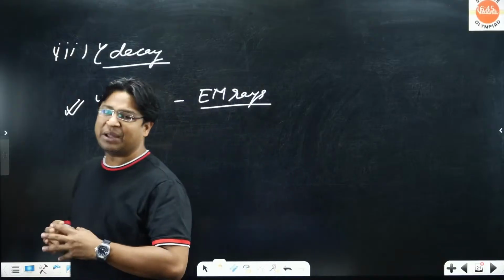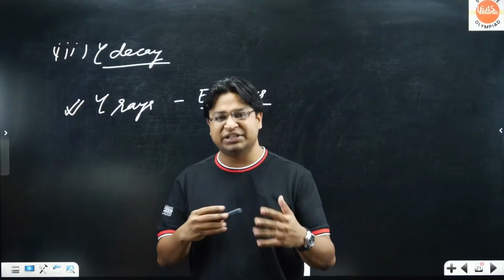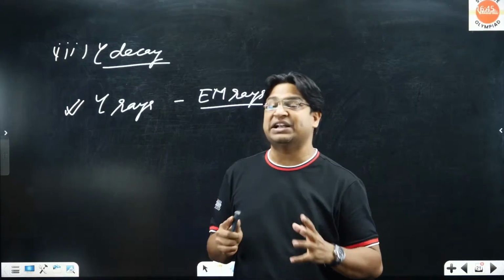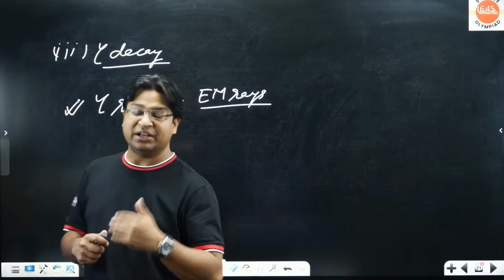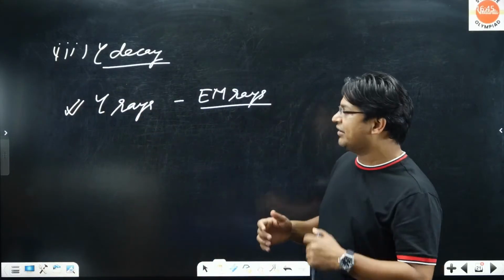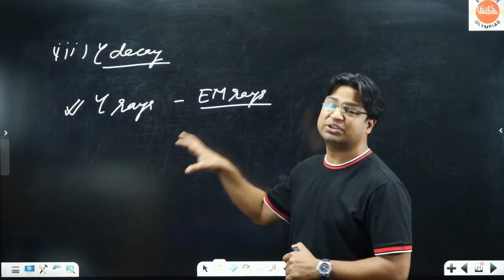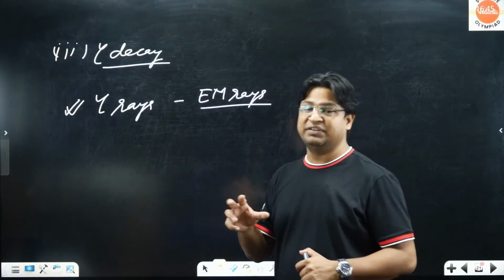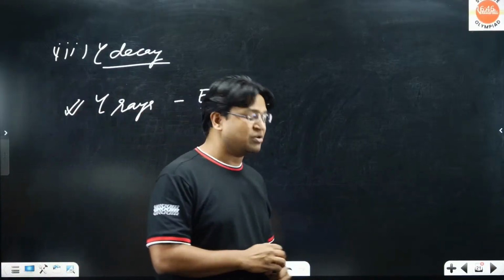Generally, when alpha and beta decay happen, or when any kind of decay happens, the product that we get is many times in a very excited state. It has more energy as compared to what it should have in its ground state. So it gives out that energy in the form of radiation, and that radiation is called gamma rays. These are highly energetic, their energy is more than X-rays also. Their energy ranges from keV to MeV, kilo electron volt to mega electron volt. In that range, the energy of one photon lies. So highly energetic rays,